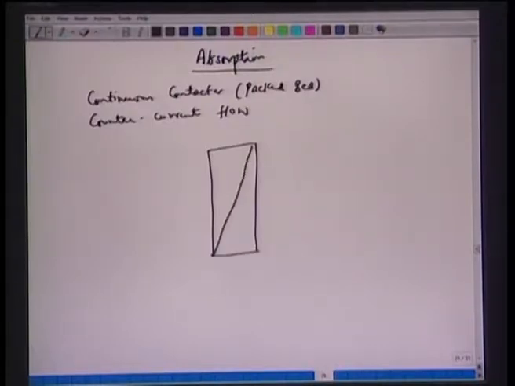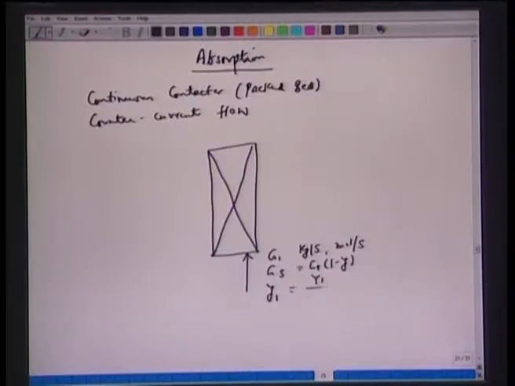All right. So schematically we have an absorption column like this, and packing we denote with this cross. We have a stream of gas effluent with flow rate G1 kg per second or mole per second. We have GS, which is the solute-free basis flow rate, so which is G1 into 1 minus Y. We have mole fraction, which we can write in terms of solute-free basis mole fraction, which means we can also write this as G1 over 1 plus Y.